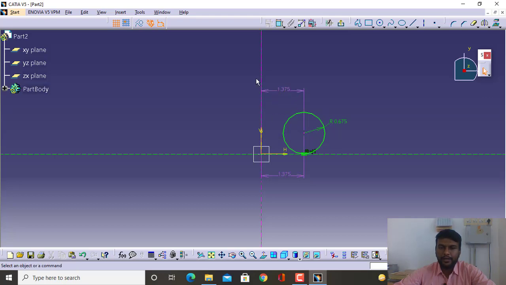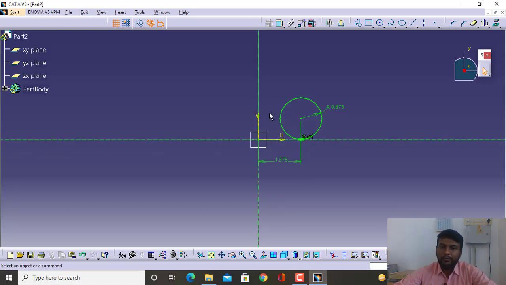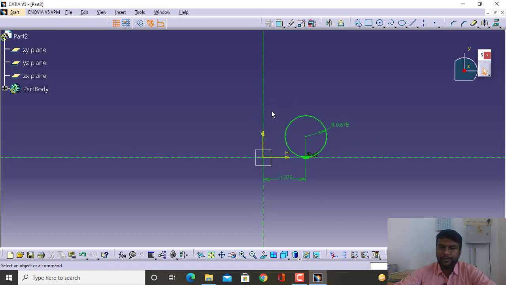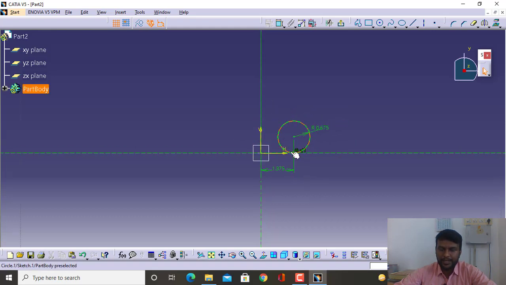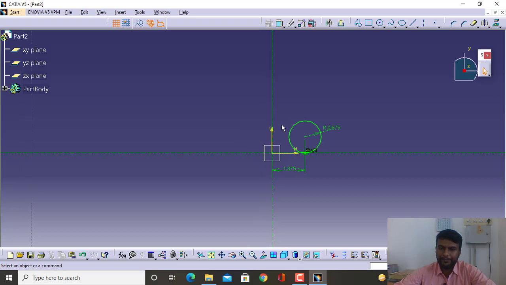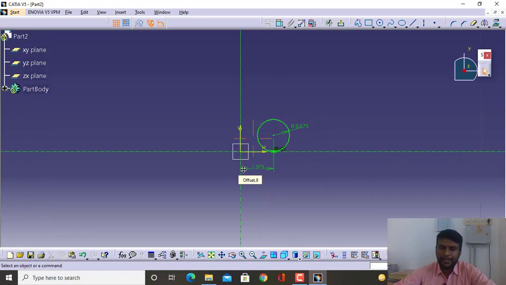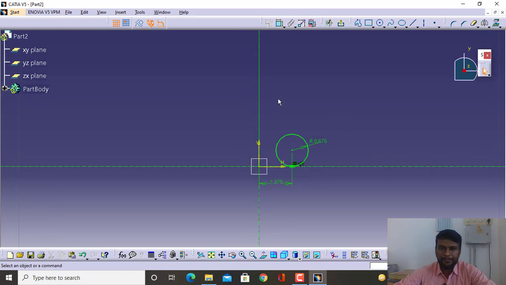Over constraining, the color will be pink, the purple color, and the problem will arise when the sketch is converted into 3D. Now there is no problem, but when you convert this into 3D, the problem will come. We'll see that problem in the next videos.